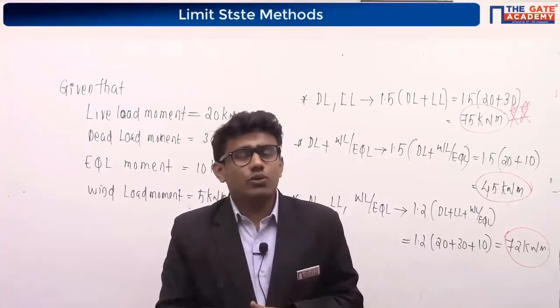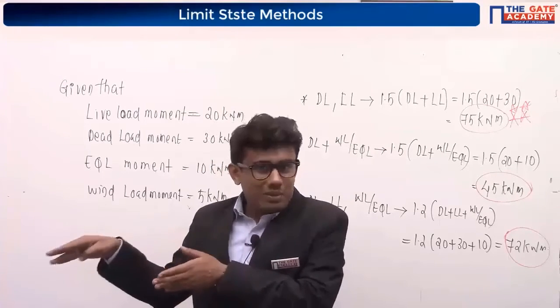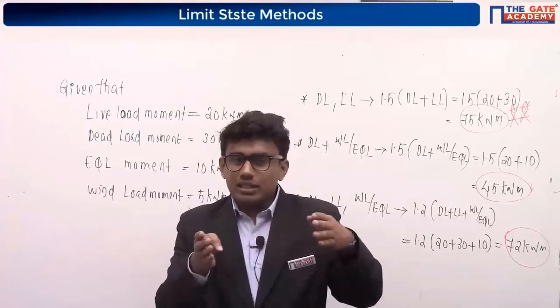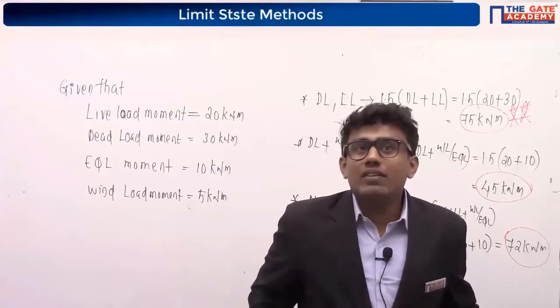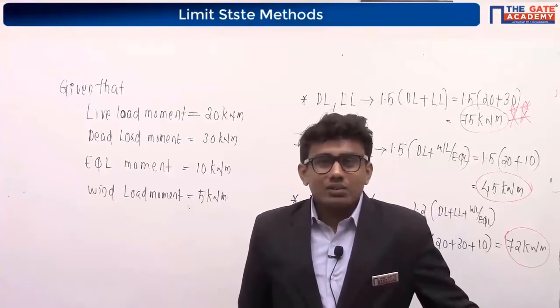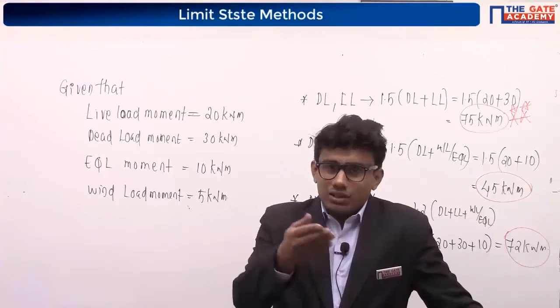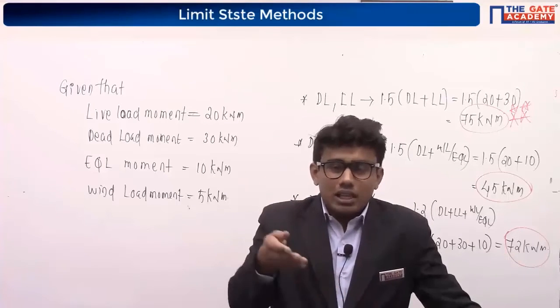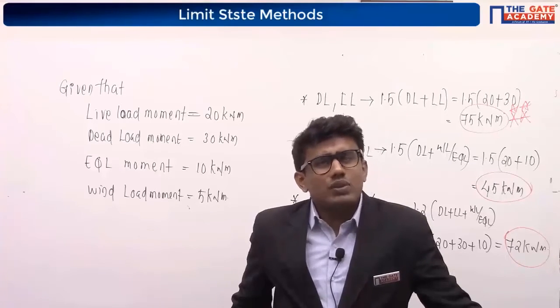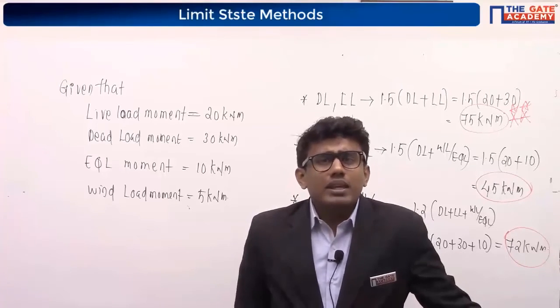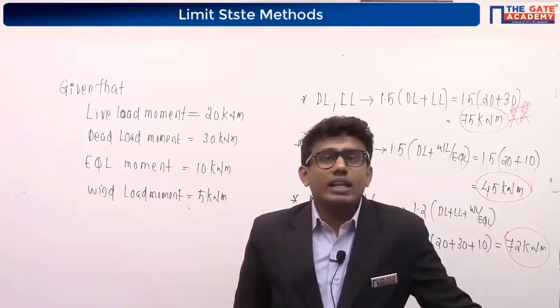You can write it if you want. Limit state of collapse is actually an imaginary behavior, and limit state of serviceability deals with the actual or real behavior of the structure. That's the reason why we are considering lower factor of safety values, or load factor, partial safety factor for loads, in limit state of serviceability, as we are dealing with the real behavior, as we are dealing with the working loads.